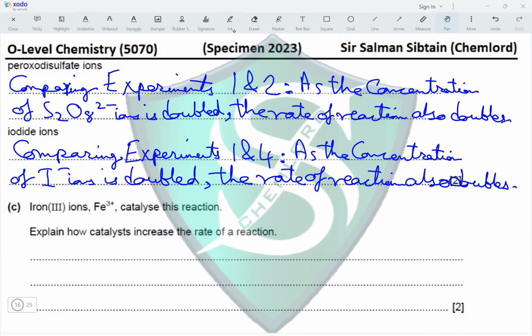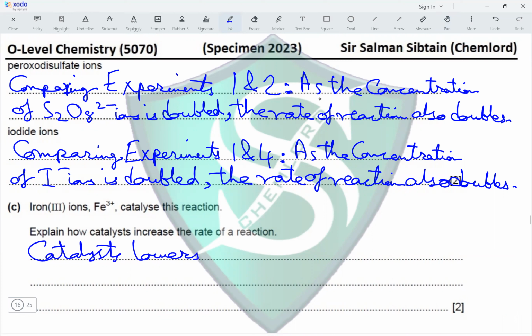Iron 3 ions catalyze this reaction. Explain how catalysts increase the rate of reaction. Okay, so what is the effect of a catalyst? A catalyst lowers the requirement of activation energy. First of all, we would write catalysts